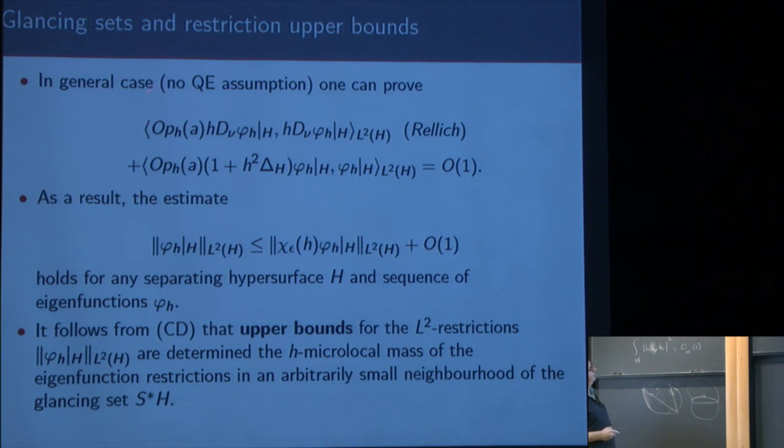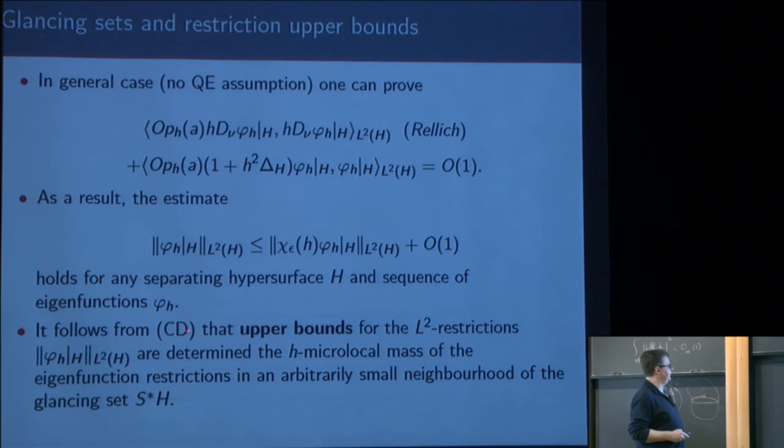So in the general case, again, this is no QE assumption, it's complete generality. Just from the identity I wrote down, from the Rayleigh identity, you get the sum of squares. In general you don't have an asymptotic here, but you can show that this is O of 1. It's bounded, right? So in complete generality, the sum of the squares of the normal derivatives and this tempered sum of squares with this factor put in for the Dirichlet data is always O of 1. So all the L2 mass is controlled by the tangential L2 mass of phi. This is O of 1, as I just said, so it's absorbed in here. So everything boils down to estimating tangential mass from above.